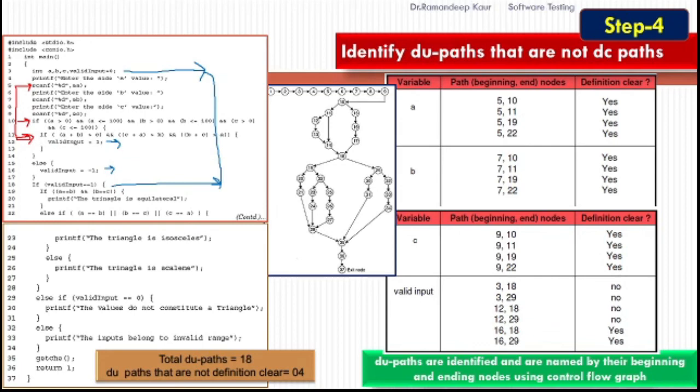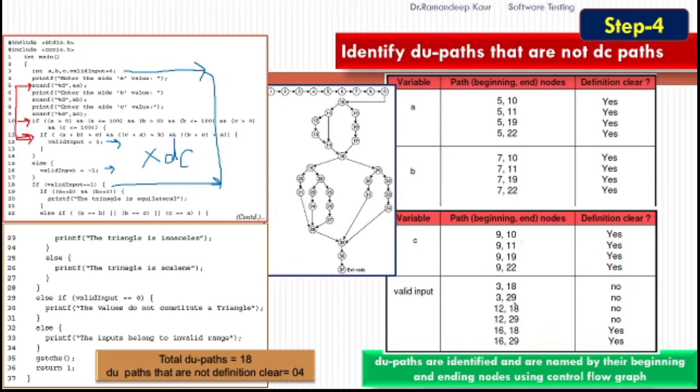So there is a redefinition. Whether you go for the if part or the else part, there will be a redefinition for the variable. So if there is a redefinition of a variable other than the starting node, where the starting node was valid input is equal to 0, between the starting node and usage node, then we will not call it a DC path. I have recorded here that it is not a DC path.